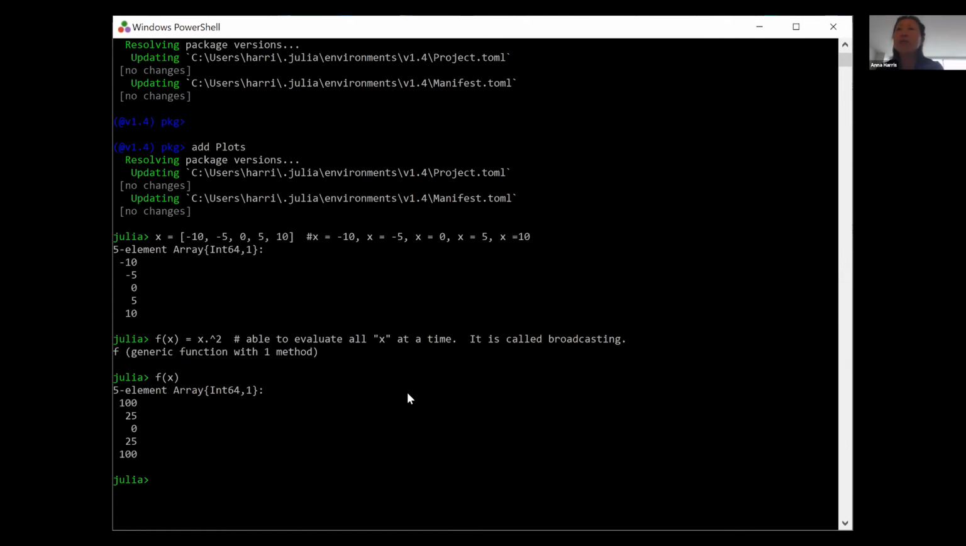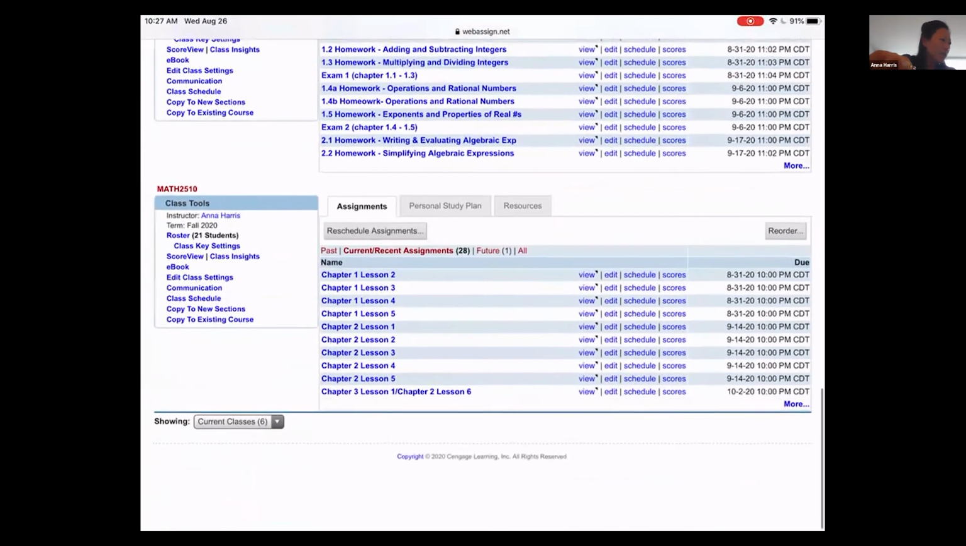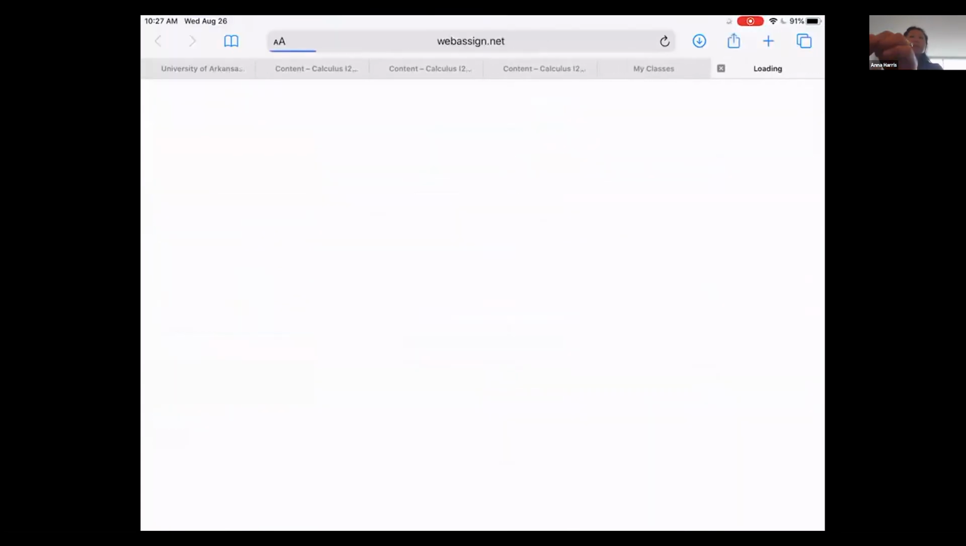So today I want you to play with your Julia, because this is very useful for you. For example, when I look at your homework problem, I'm going to go to your homework problem right now, in fact WebAssign. I'm going to share my screen. So when you come to homework number one,